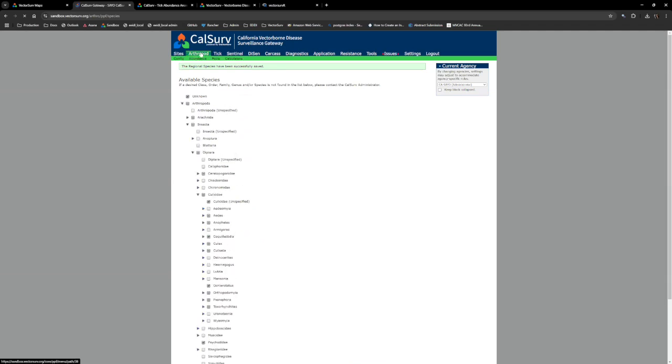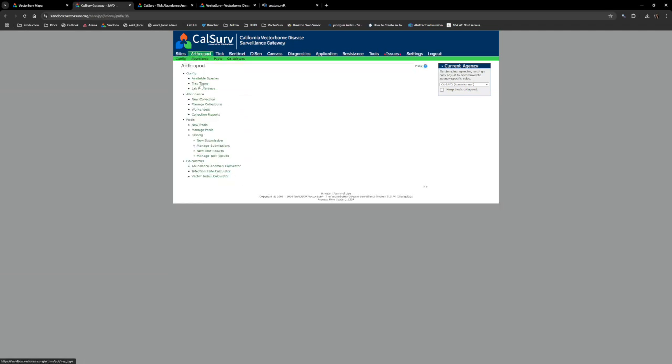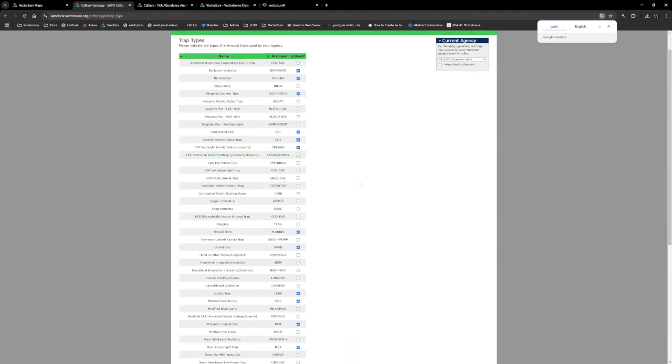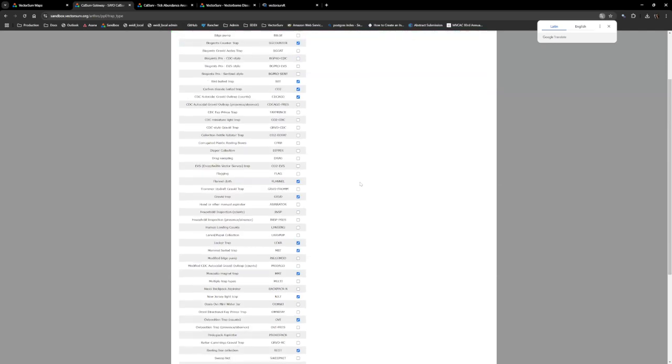The other set of options I want to point you to are the available trap types. These are also very similar to the species. These are all of the trap types that are currently available within the VectorSurv system. So you might not be using all of these different trap types, but they are available to you to be selected. And again, if you're using a trap type that's not represented on this list, feel free to reach out to us. We usually do a review in-house, and then we can get a new insect trap added to